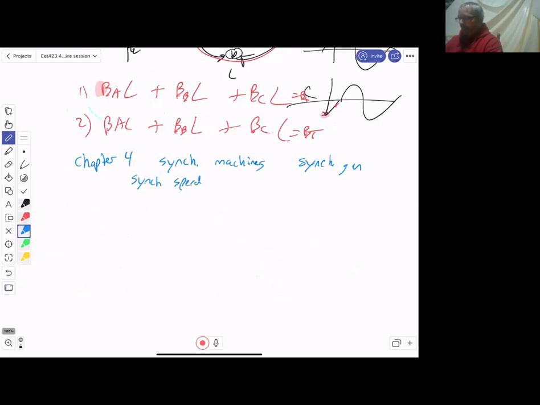And sync speed is 3,600 RPM, 1,800 RPM, 900 RPM, et cetera. This is for 60 Hertz. It's slightly different for 50 Hertz, but it's always going to operate at synchronous speed. It cannot operate at anything but synchronous speed. And the reason a synchronous machine does that, so it has,